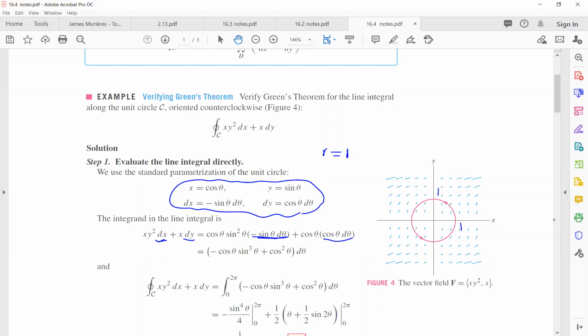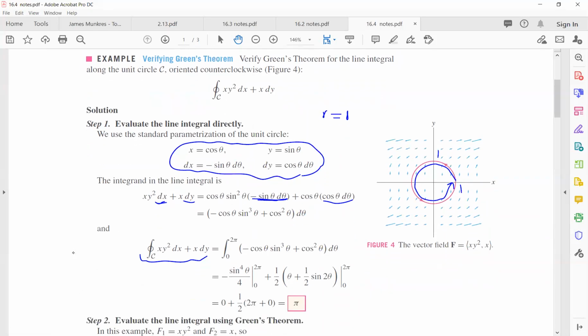You get negative cosine theta sine cubed theta plus cosine squared theta d theta. So the line integral in x and y is now just the integral where theta ranges between 0 to 2 pi,